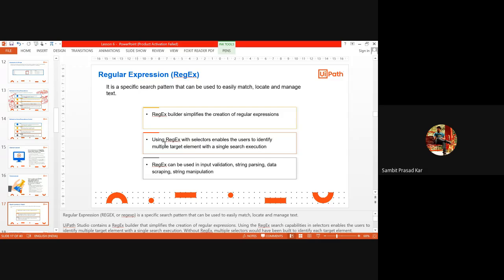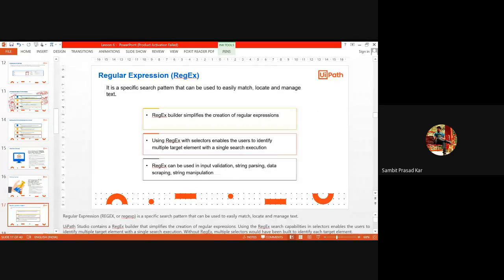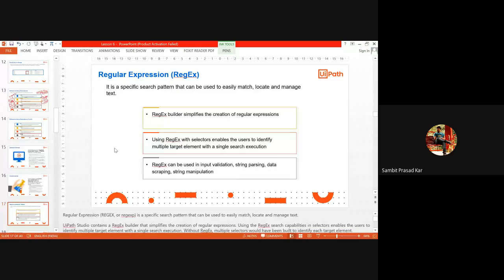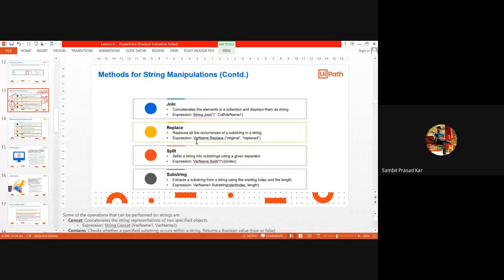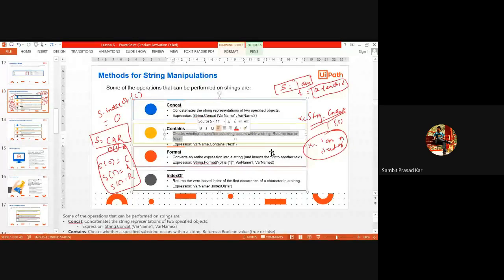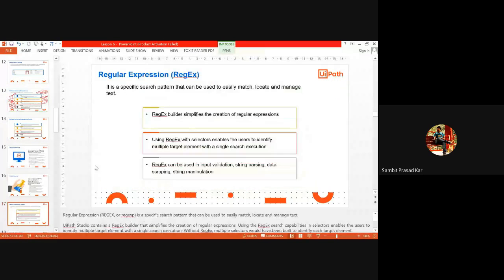Certificate. Can you please share the PPT number? Lectures 4, 5, 6, I said. I think I have shared 4, and 5 and 6 will be there. I will share, don't worry. Okay, so yeah, you can use regular expression. Yes, you can write it directly for string dot content expression, this one, no? Exactly.